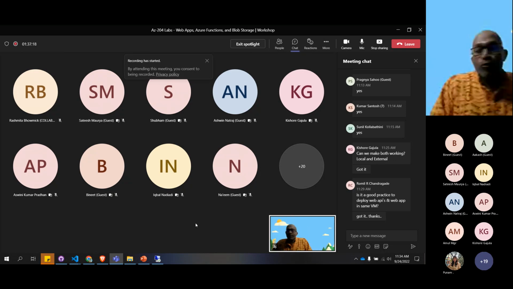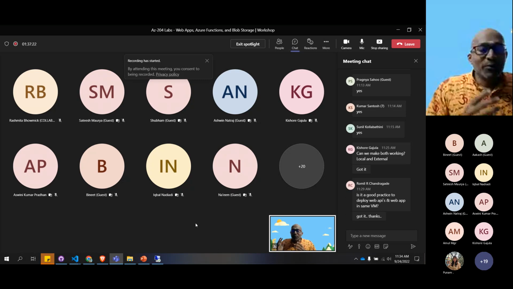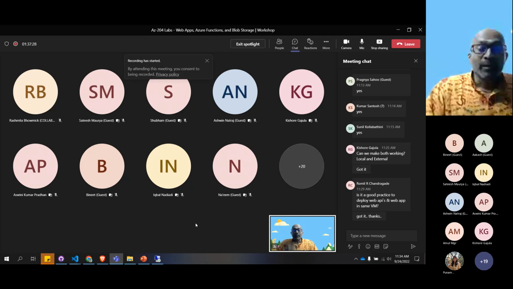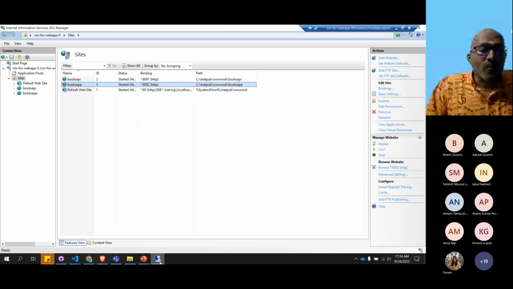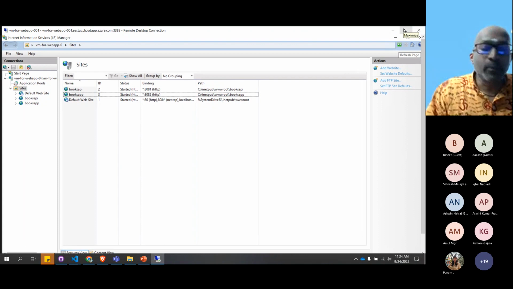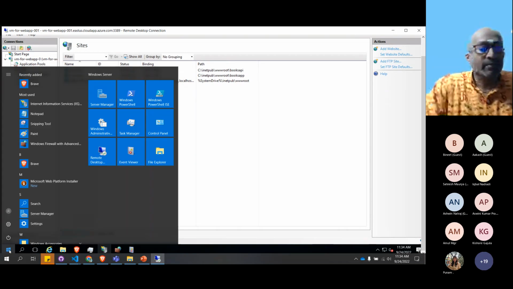Okay, now the phase 2. The phase 2 is to deploy one web API. You know how much effort is involved. The other thing is here, this is our virtual machine. And inside this virtual machine, we have to deploy all the software. That means